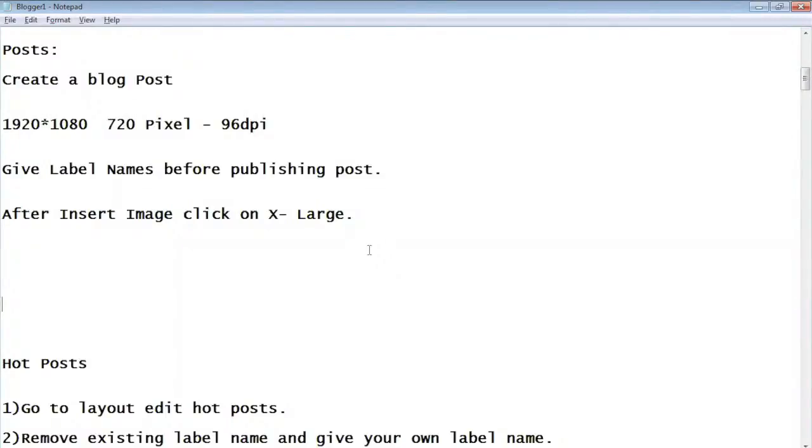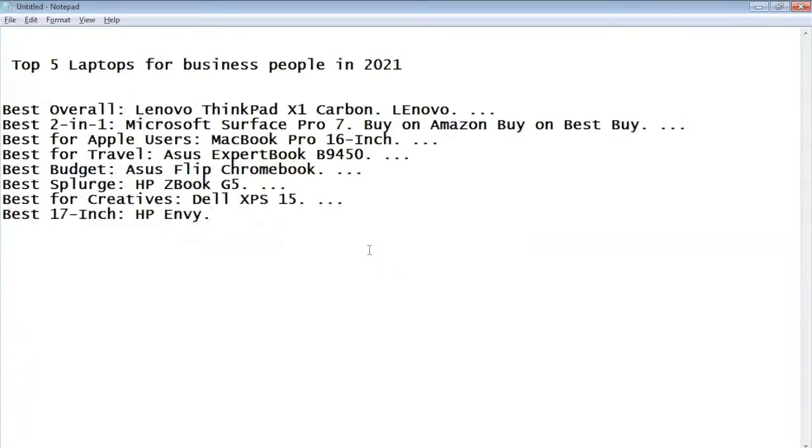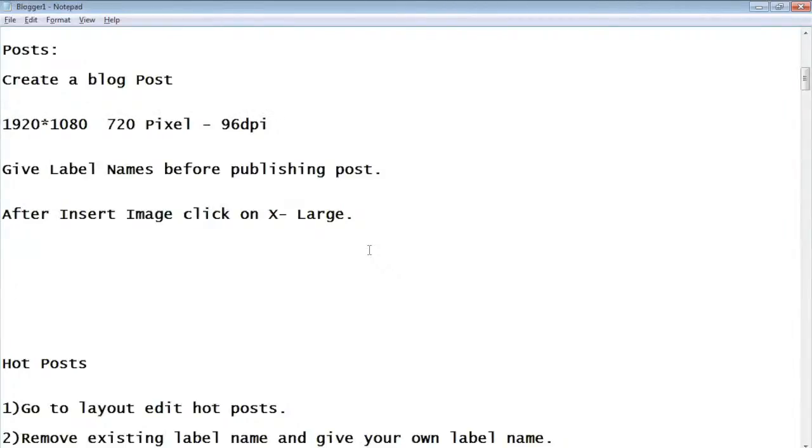You should have a minimum 300 words article. My suggestion is to write a 900 words article daily. The content you should present with points, bullets, steps, and use subheadings.